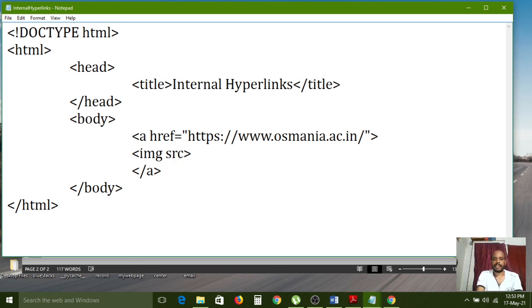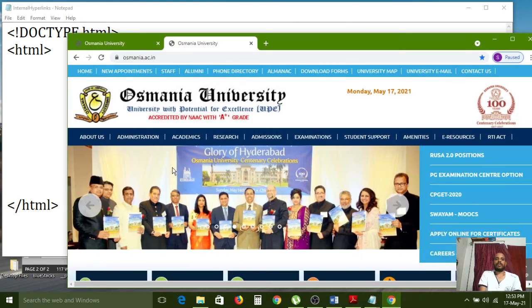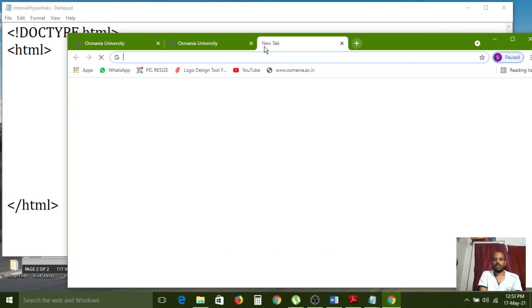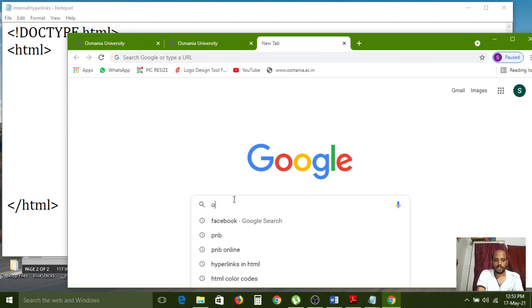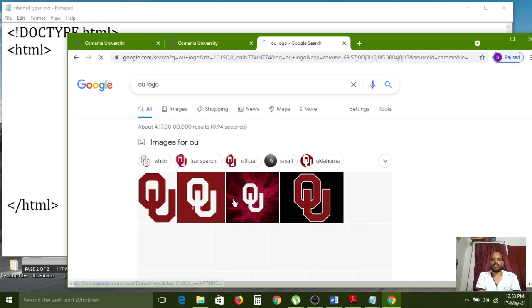For that, the source attribute is also required. The image location is required. So here in the Osmania University website, I am copying the logo. For that, I am searching for OU logo.